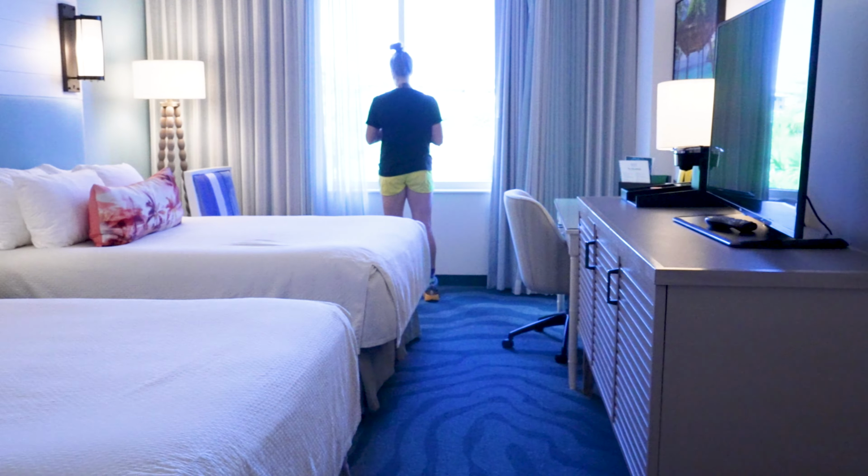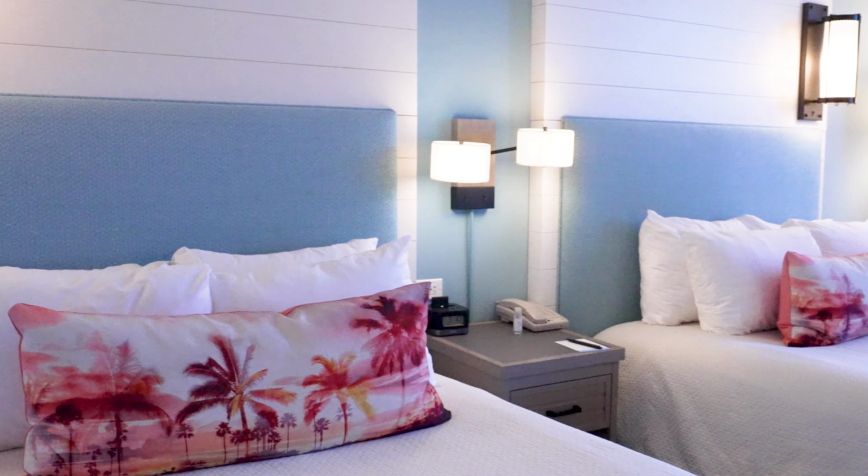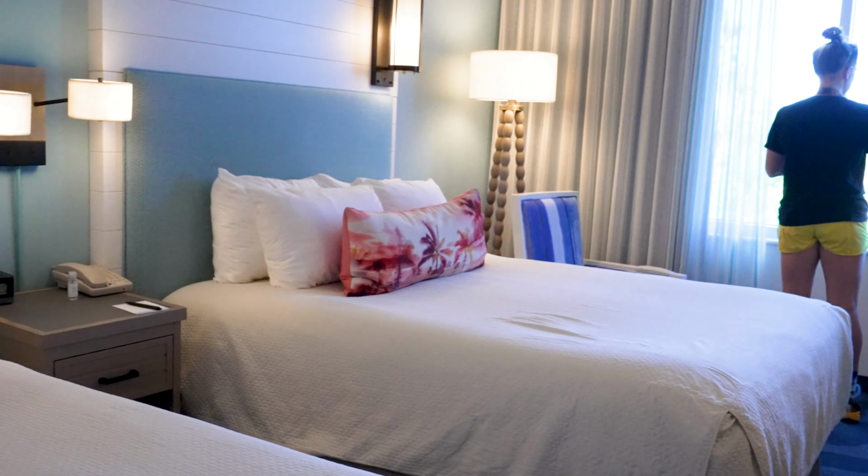The hotel rooms, they're nice. Now, they're not going to be nearly as big as, say, a room over at Portofino Bay, but they're definitely an upgrade compared to your Aventura or Cabana Bay hotel rooms. We can say they're about the same size as an Aventura or a Cabana Bay hotel room, but they just feel nicer. The decorations in the rooms, the way they have the showers,